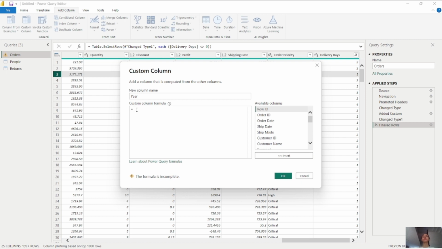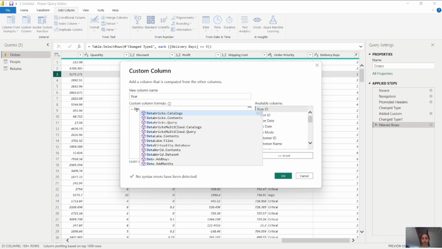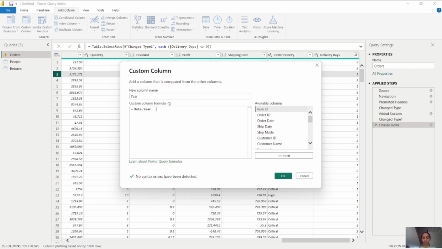Here what we need to write is Date.Year. This is a query which we can easily find, built in to Power BI. So in brackets